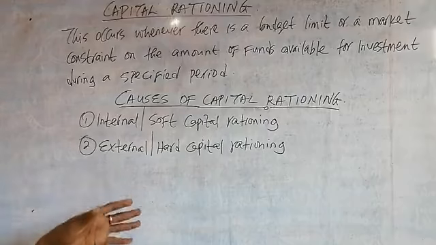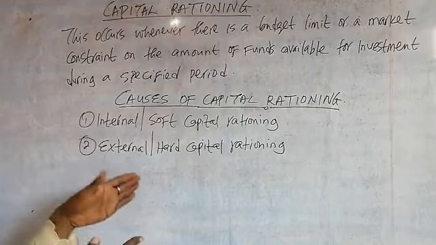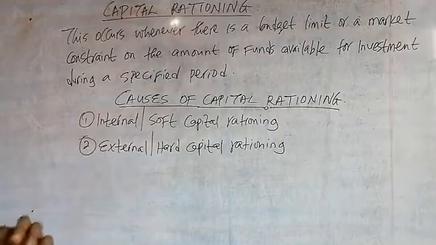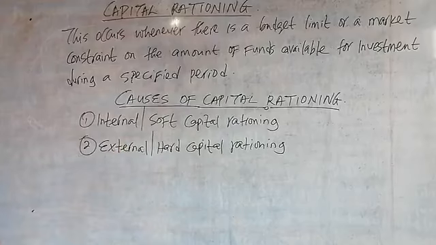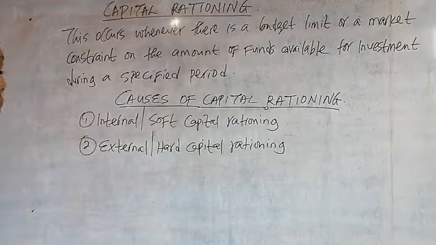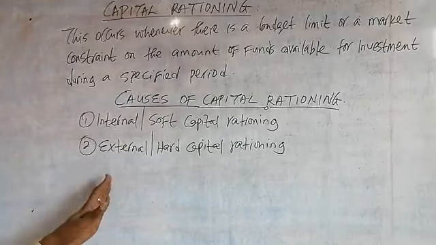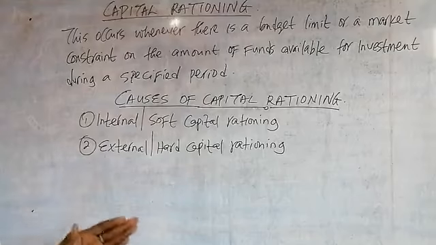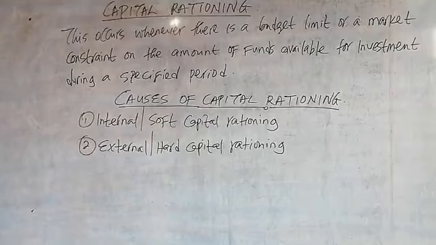There may be an agreement between an existing company and its creditors, such as debt holders, in which, for a certain period, if you have not fulfilled certain obligations, you cannot source funds outside, in the public. So these are a host of factors that do lead to capital rationing.